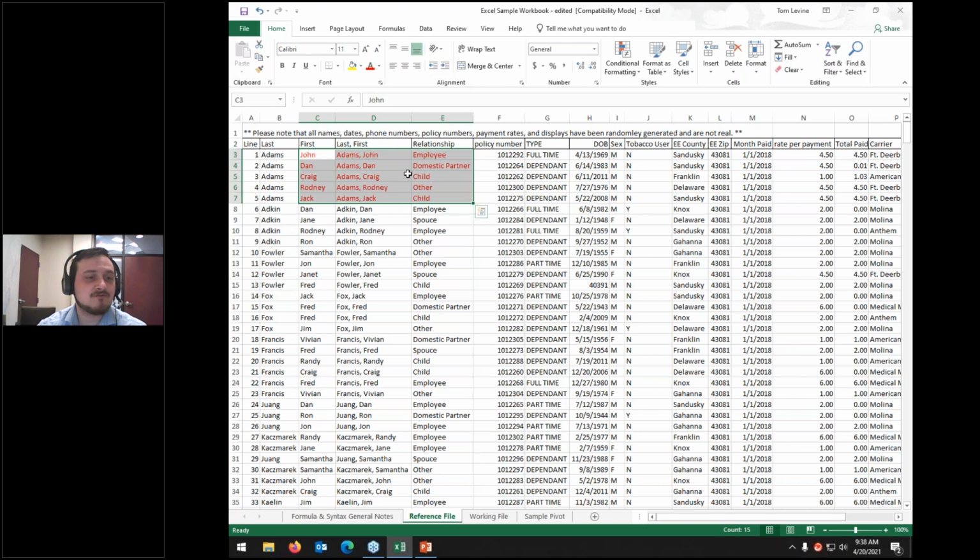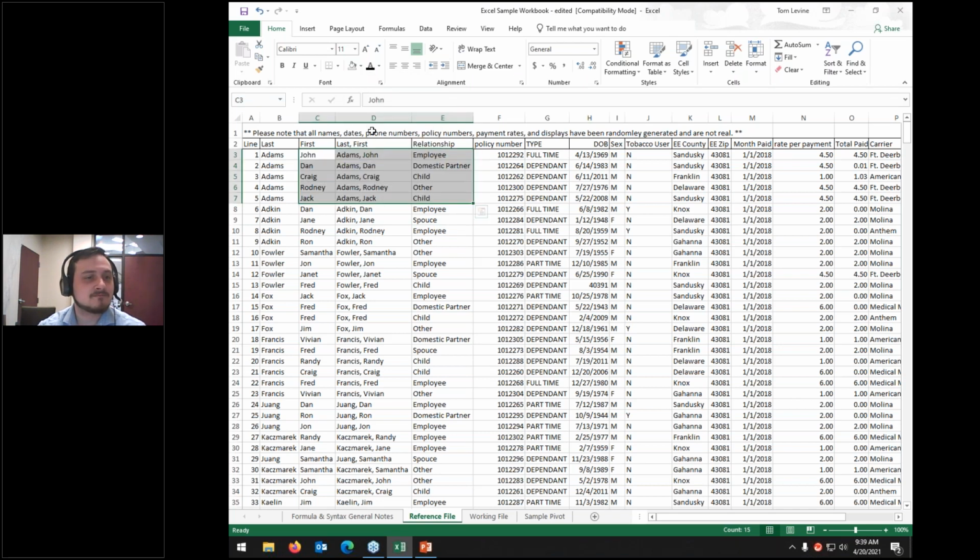That changed all of these names to red lettering. I can change it back by selecting black. I could also fill it with color, like orange, if I so choose, using this fill icon right here. Or I could just set it to no fill, which is no color. There is a difference between no fill and white. As you can see, none of the borders are filled in anymore, and that's because I selected the white background